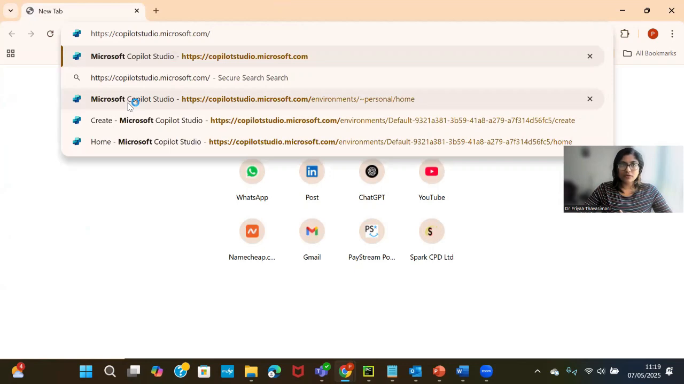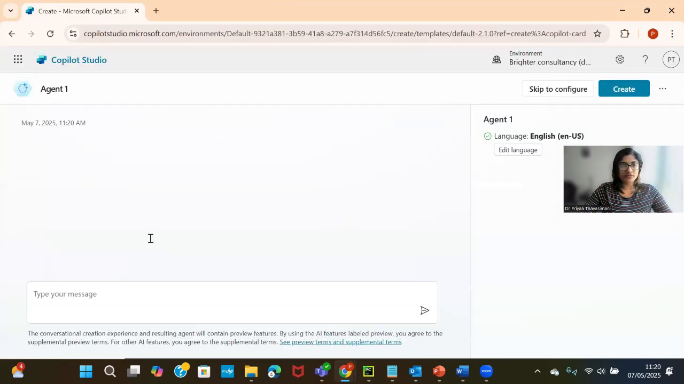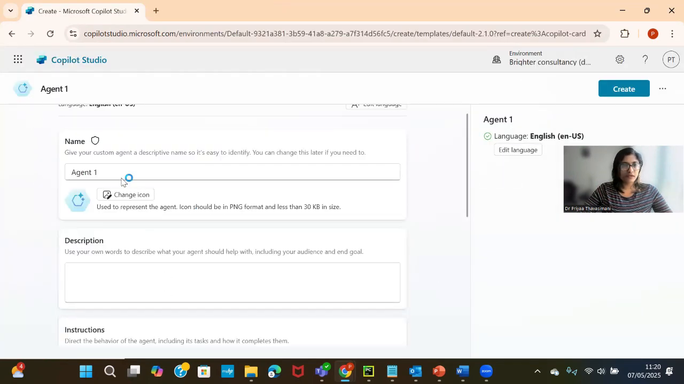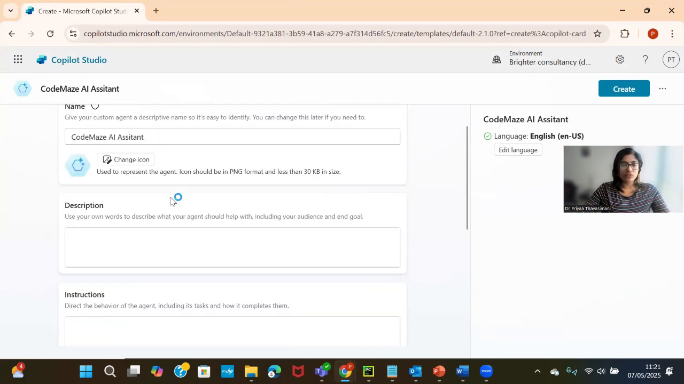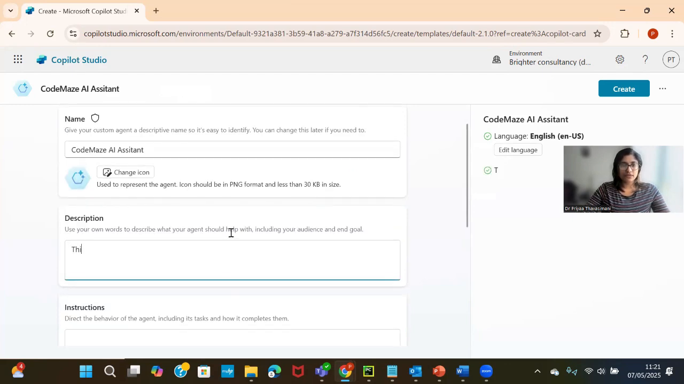So you need to go into copilotstudio.microsoft.com and create a new agent. You're going to skip to configure and give it a name. I'm going to give my website's name, Codemaze AI Assistant. If you want to change your icon, then feel free to do so. And you can write the description like this: AI assistant